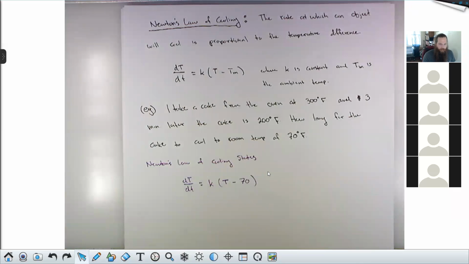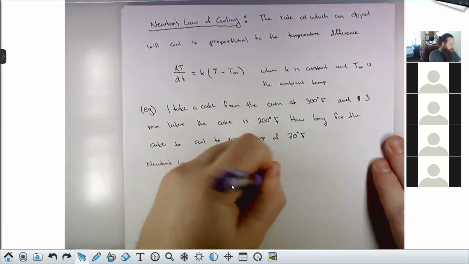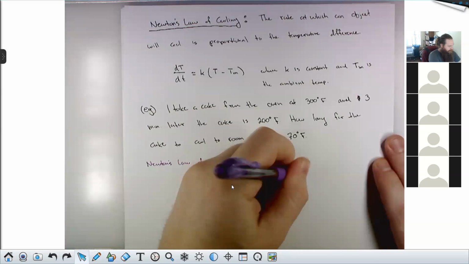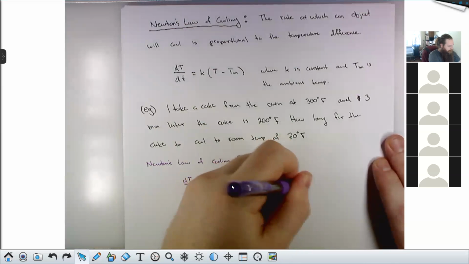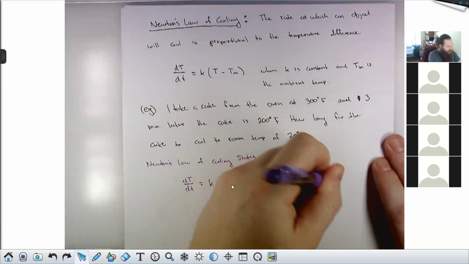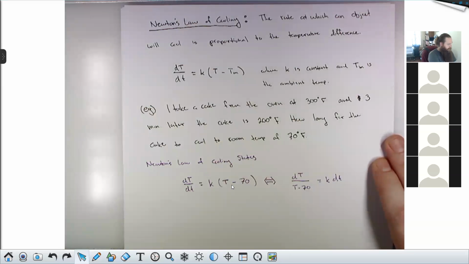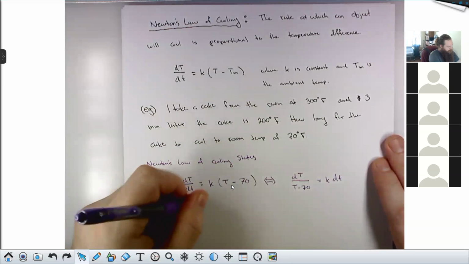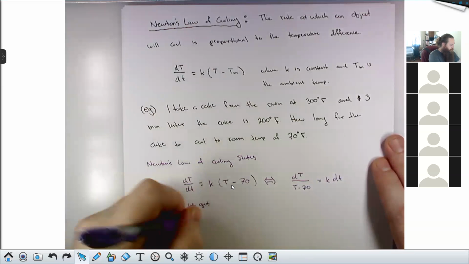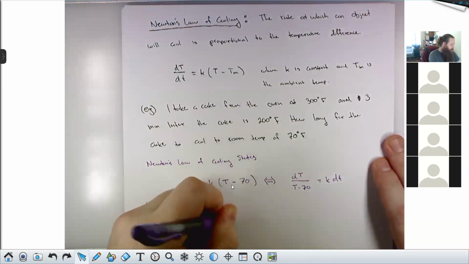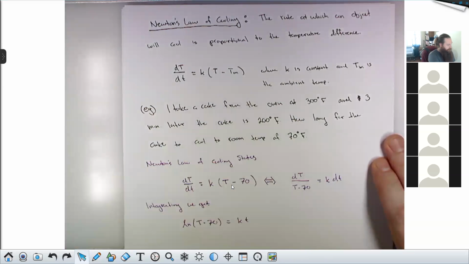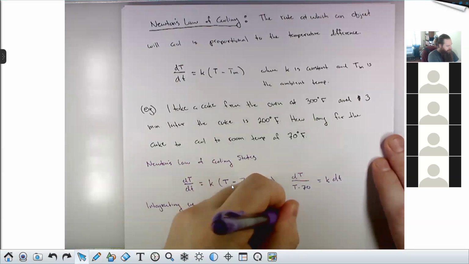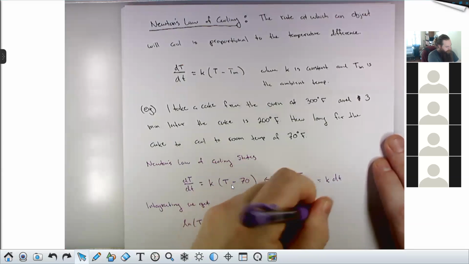Separate the variables again. Yeah, again, this is separable, right? Here is a pure function of T, and here is a constant. You could think of that as a function of little t. So if I separate variables, I get dT over (T minus 70) is equal to k times dt. And integrating on both sides, we get the natural log of (T minus 70) is equal to k times t. Or T minus 70 is equal to e to the kt,